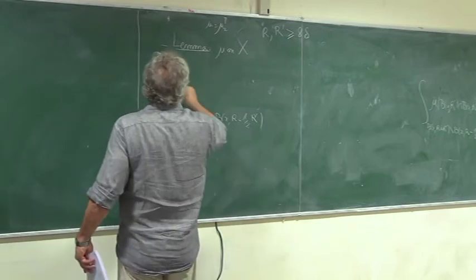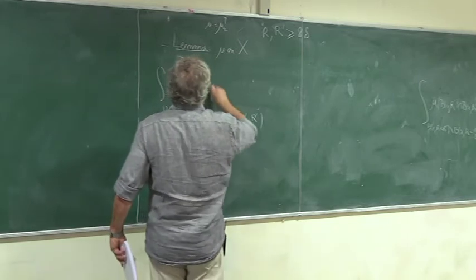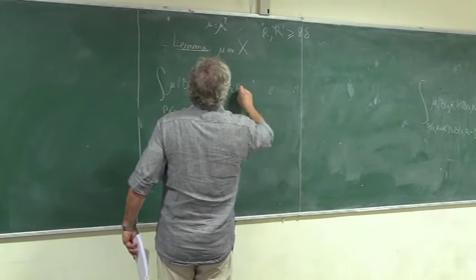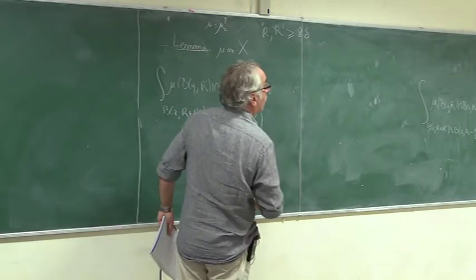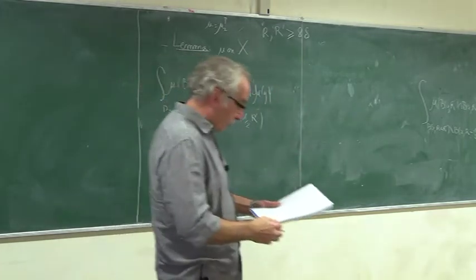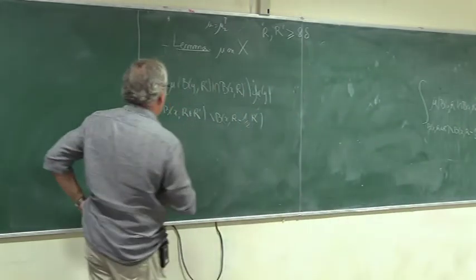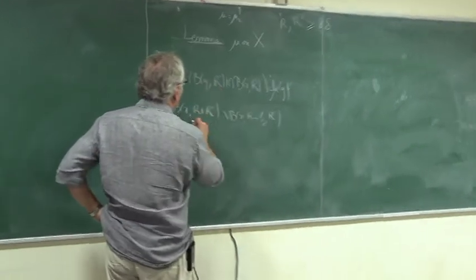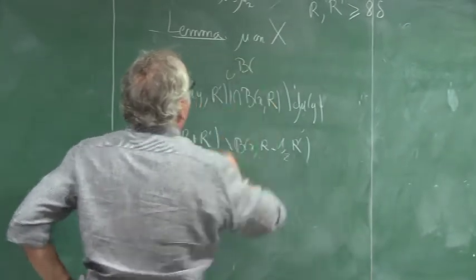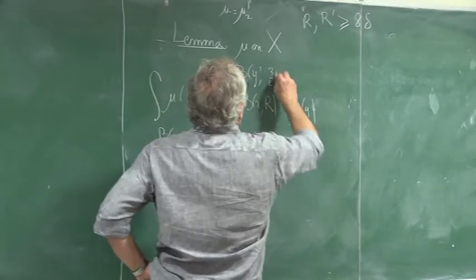And this is mu of b y r prime intersected with B of X R, d mu y. And what we have shown is that any point y which is here is such that this intersection is included in a ball around some point, y prime, of radius 3/4 of r prime